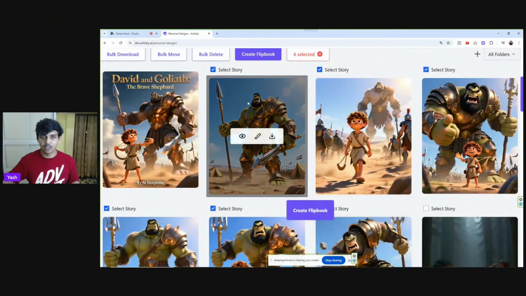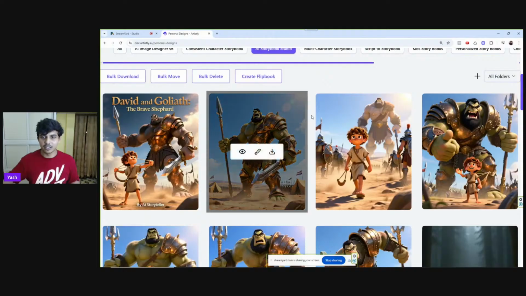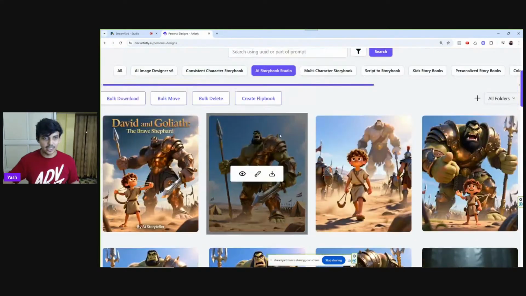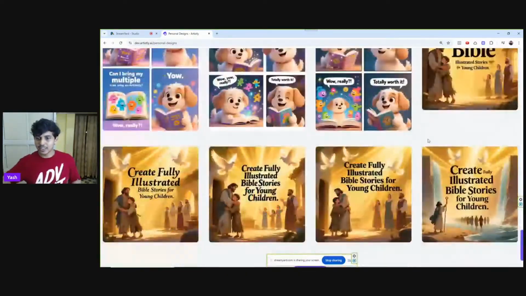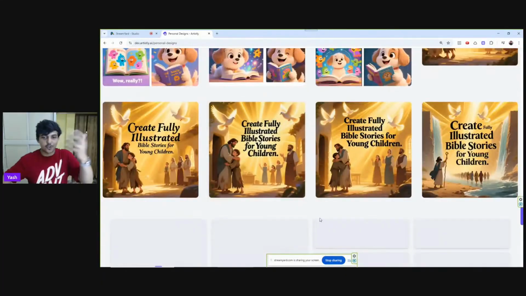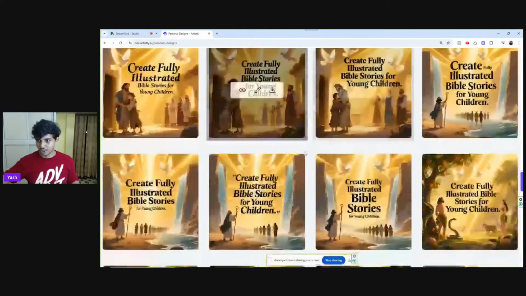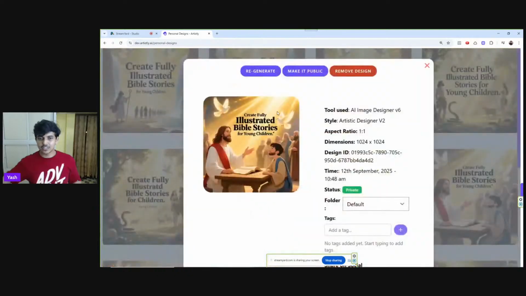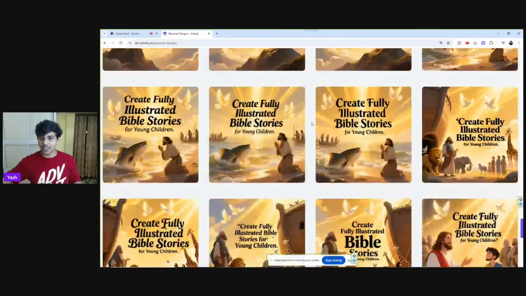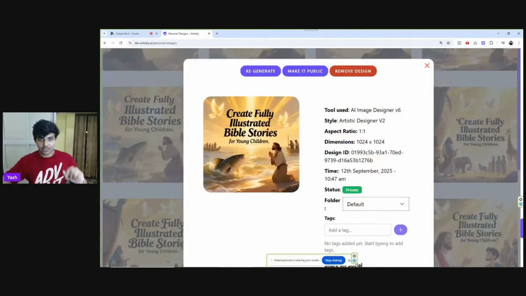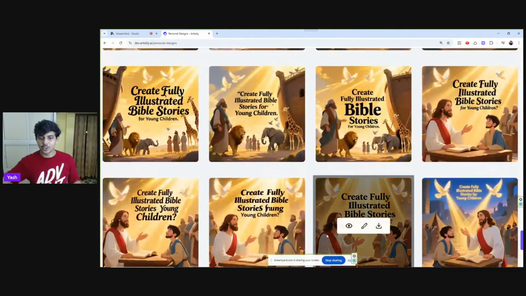So I created this quick David and Goliath story, and it's pretty good. I like the result. And if you see, I was just playing with it, right? I was creating a post for our Facebook group, and these illustrations will be like these, right? Would you be interested in something like that, guys? Where with one click you get these, you pick the story, I think this is Noah's Ark or something like that. You pick the story, and then it is going to basically give you the full illustrated Bible story for kids, right?